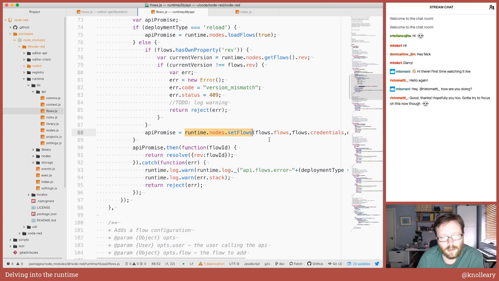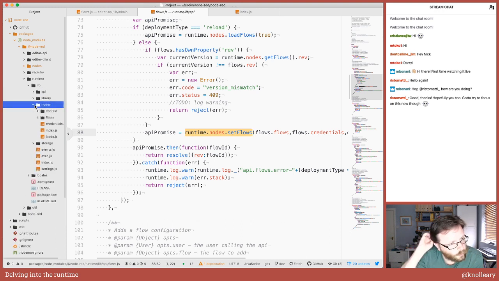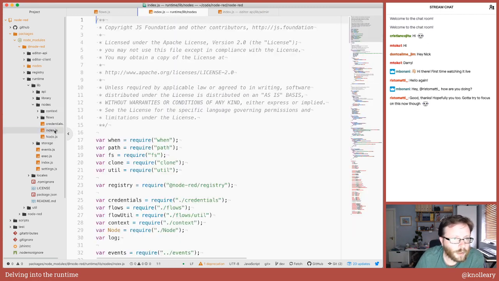Runtime.nodes.setFlows. So now we are actually deep in the internals. These aren't public APIs anymore. These are deep in the internals of Node-RED. Runtime.nodes.setFlows, which I can tell you if we come into the nodes folder, and this is historical, a slightly unusual structure of some of the internals of the runtime. Why we have the flows live underneath nodes, not anyway. It's just how it is, kids. But it will come into